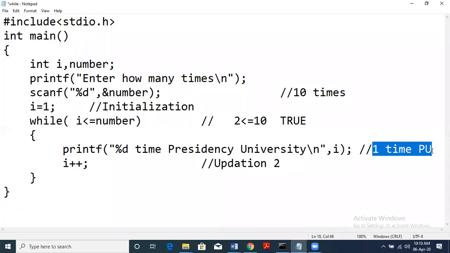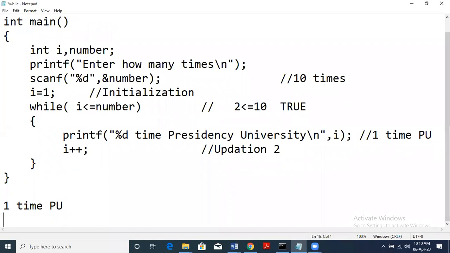So let me write it here. I'll just write, say, one time PU is printed. Now when we say this, it has updated. So instead of 1, it becomes 2. So what do we get here? Next we get 2 time PU because the i value has incremented. So we print the second time.